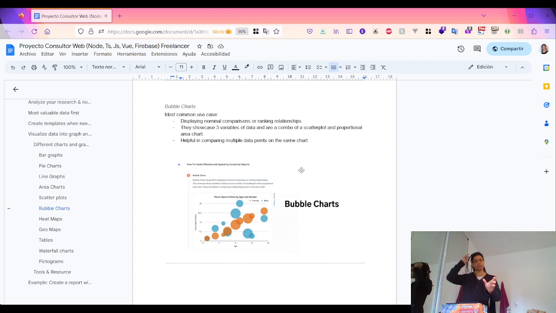Nominal data is data that doesn't have an inherent order, such as the color of your eye, the color of your car, cards, fruits, ethnicity. And ordinal data is data that has an inherent order, such as